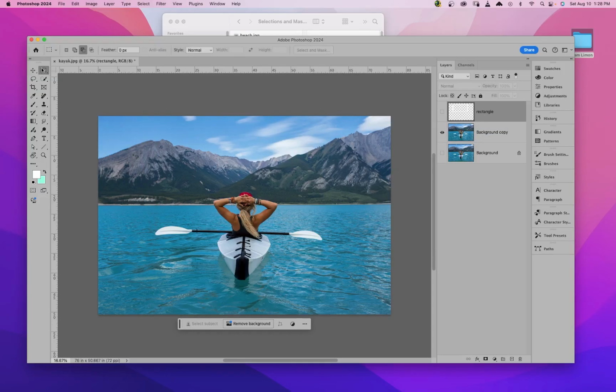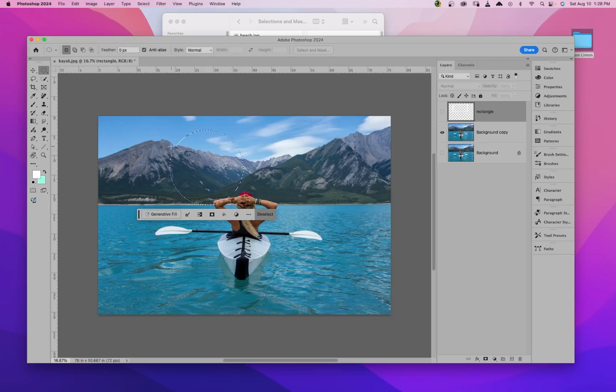Okay, back to our selection tools. Let's go ahead and select our elliptical marquee tool. So I'm going to select that. I'm going to drag a circle. And before letting go, I'm going to hold shift. What that does is that constrains it to a perfect circle as opposed to an oval. Now if I let go of the mouse and let go of shift afterwards in that order,